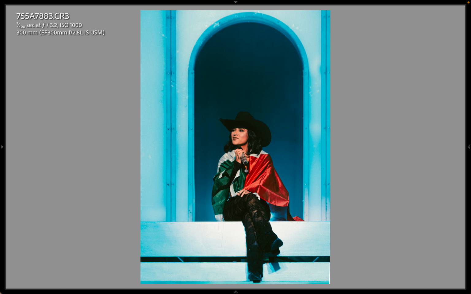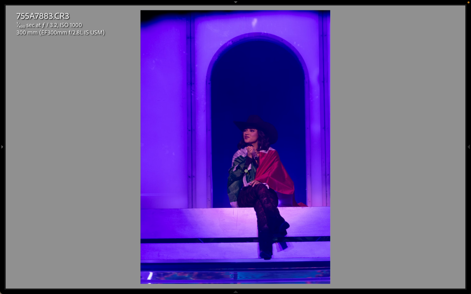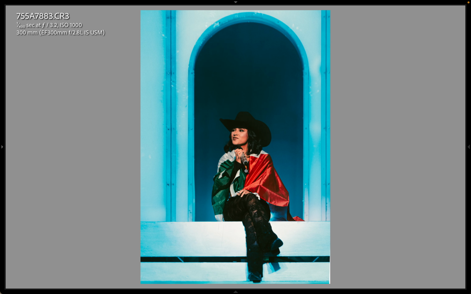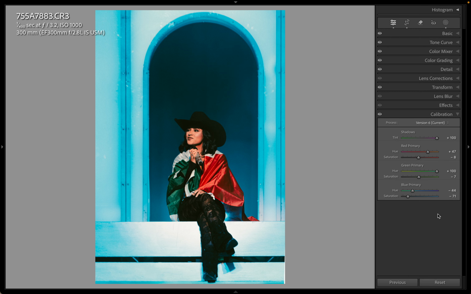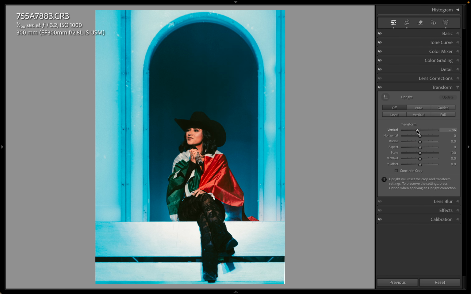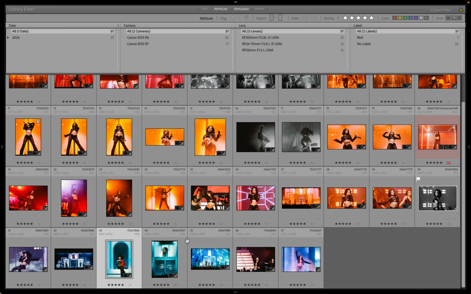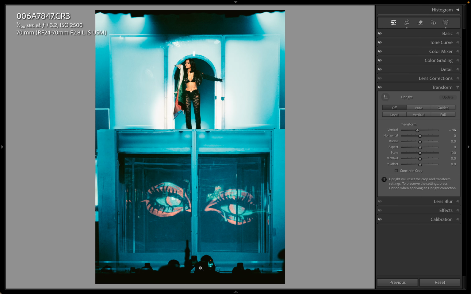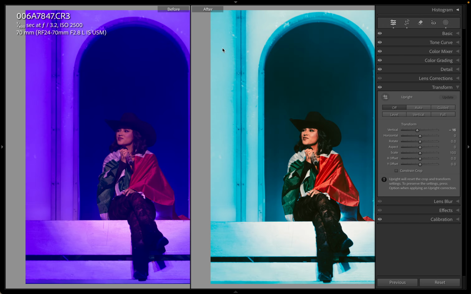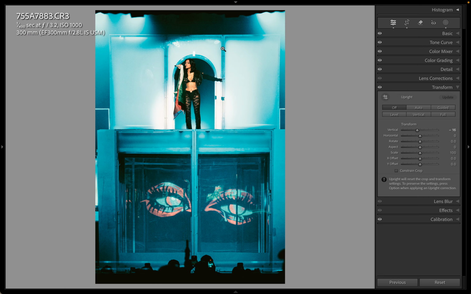I love this one. This one I cropped in. Let's see. Yeah, I cropped in a decent amount. And then I also did a little bit of perspective correction on that. Well, the vertical, I think. Yeah, the vertical 15, negative 16. Just kind of straightens out. I was shooting from so far below, and in the next one you can tell. Yeah, I'm down here, and she's 20 feet up or so. This was another moment I liked a lot. Good pose from her.